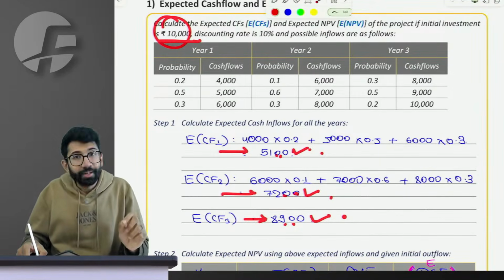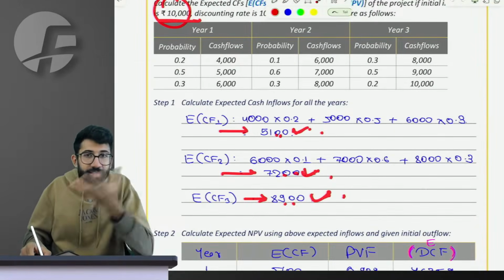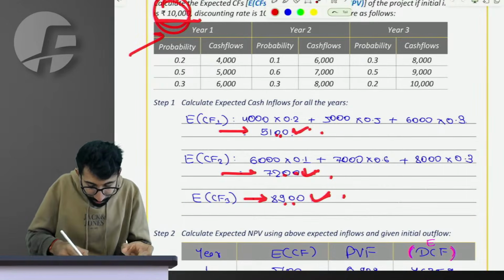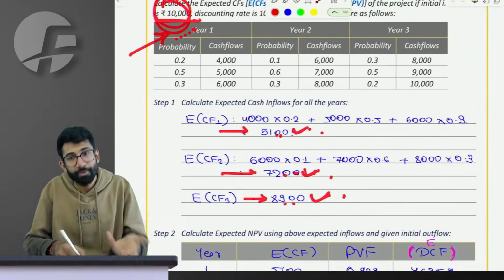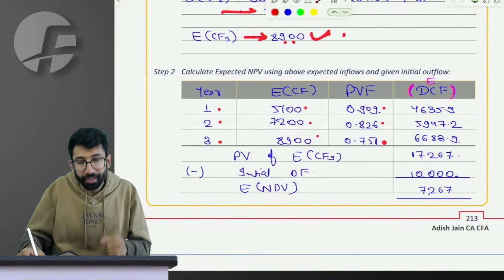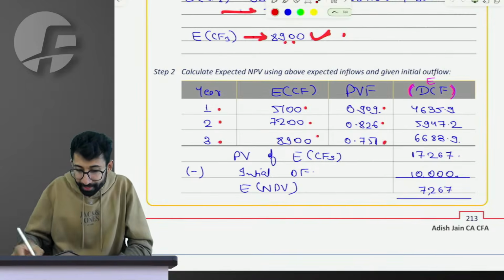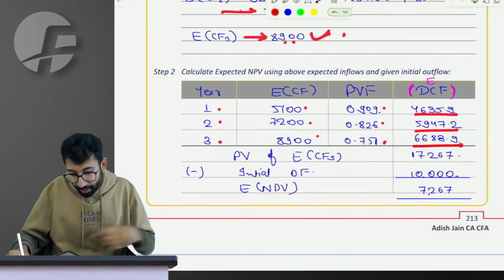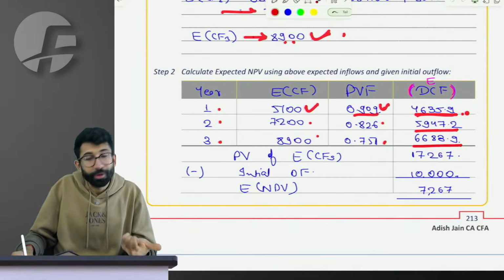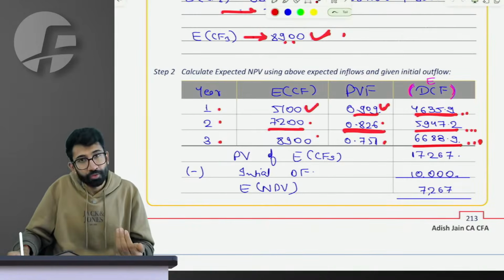So if I have to calculate the NPV now, can we do it? Yes, sir. We have future cash inflows. Let's discount the future cash inflows to calculate the present value of cash inflow. Let's deduct the present value of cash outflow from it, and what you get is NPV. Sir, these are the cash flows for the next 3 years, where the present value factor at the rate of 10% is this. Accordingly, can I say the present value of future cash flows will be 5,100 into 0.909, which is 4,635.9. Similarly, 7,200 into 0.826 is 5,942 and so on.